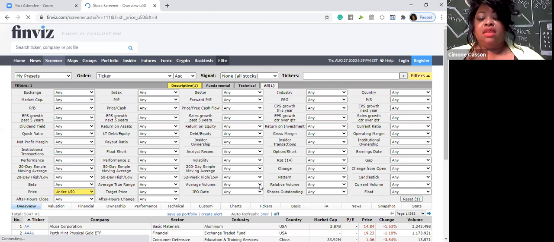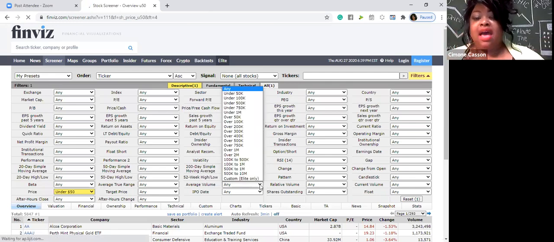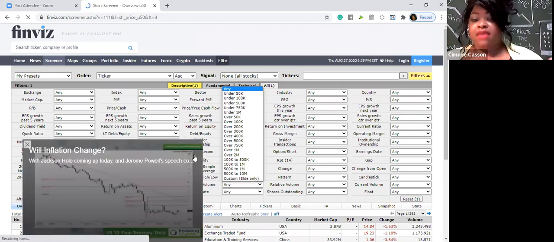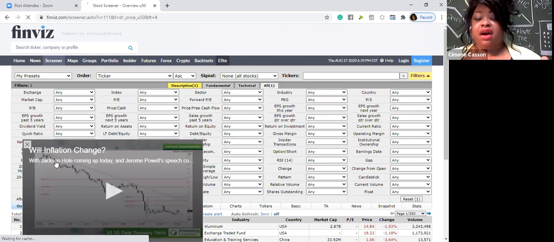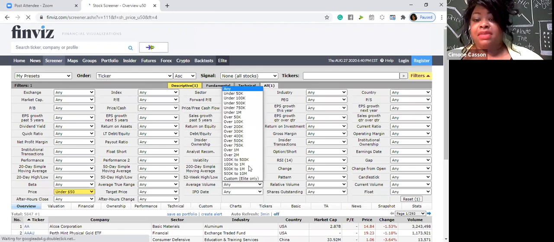And the volume piece is due to the fact that you want to have companies that are high liquidity, meaning that when you put in a price, until it hits that price and is bought, you're still holding it. So you want to have a company that has enough liquidity, enough people buying and selling it, enough volume, so that you can get in and out of the position. So I would say definitely,